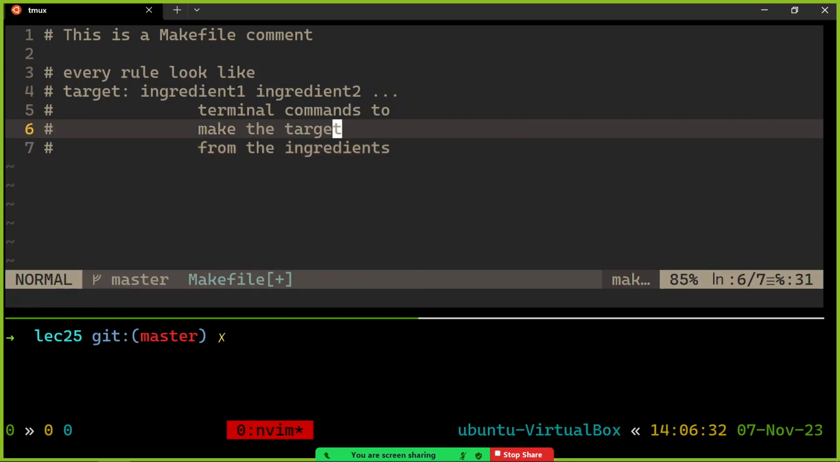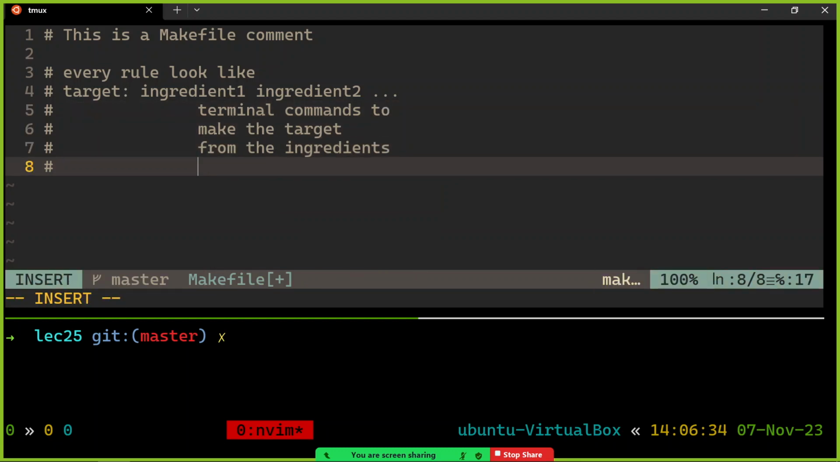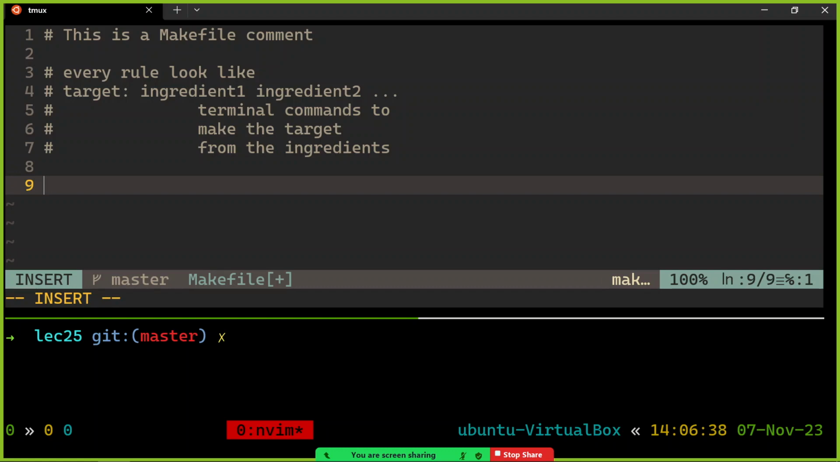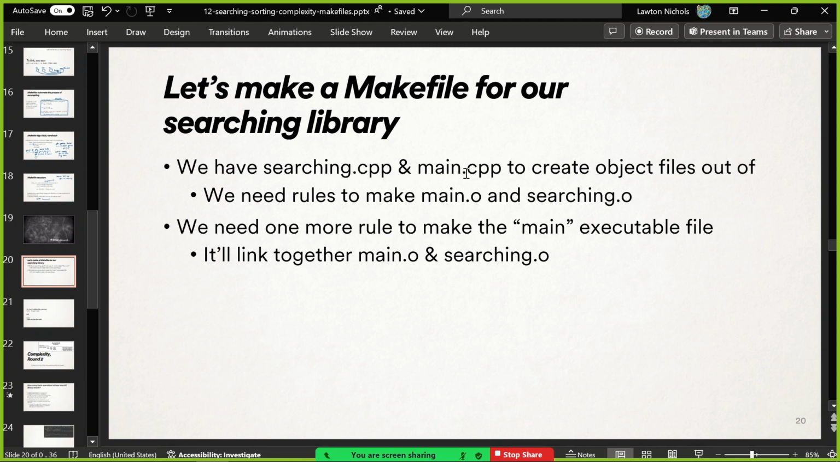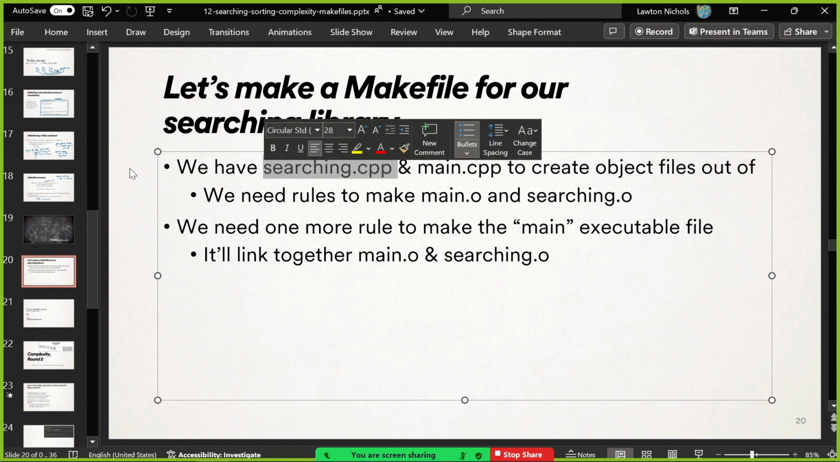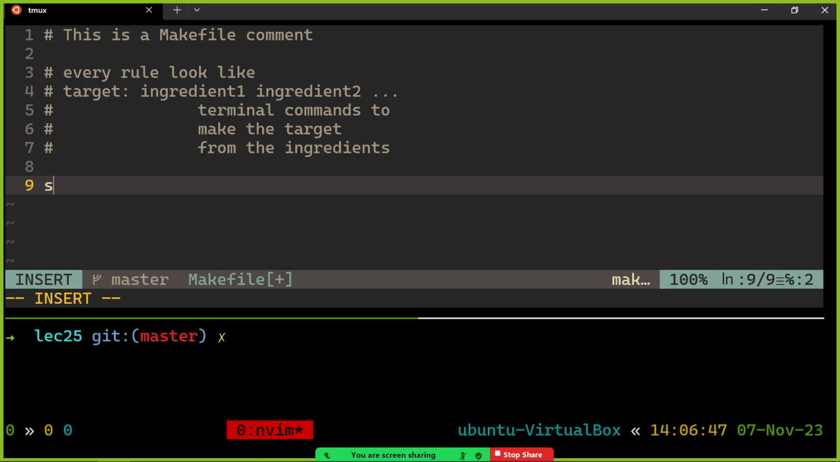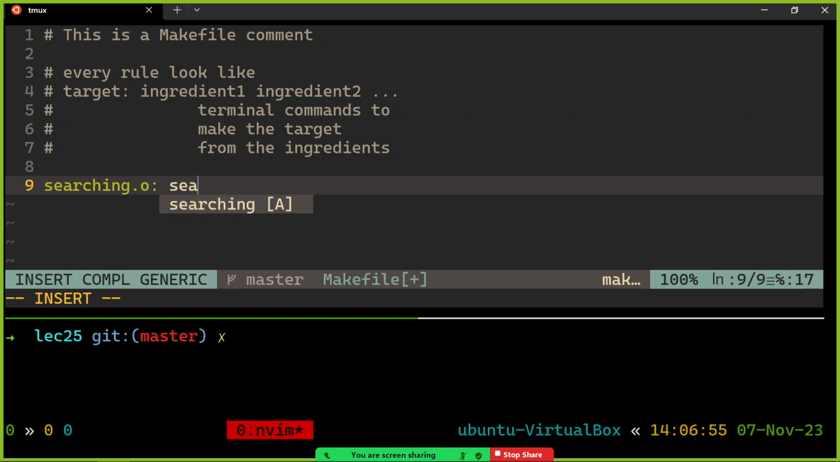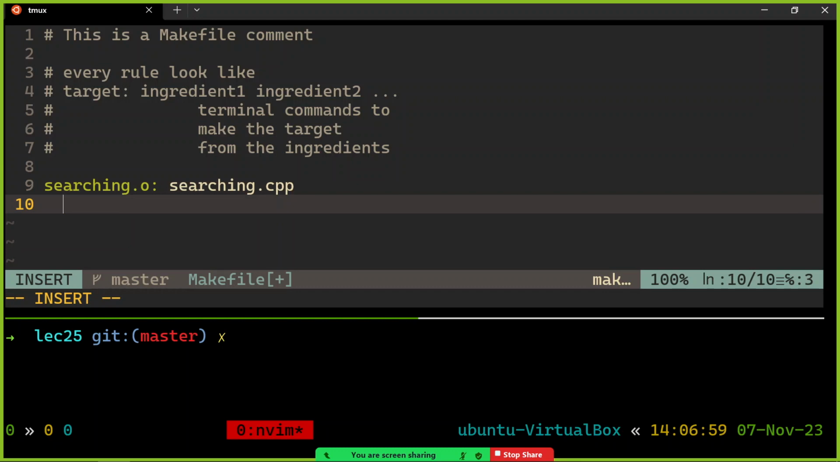As many tabbed over lines as you need. The tab and not spaces though, but your editor should do that automatically. And so let's make a rule. I would like searching.o from searching.cpp. Searching.o is the name of my target. How do I build it? What do I need? First, to make searching.o, I need searching.cpp to exist. And then what do I do in order to